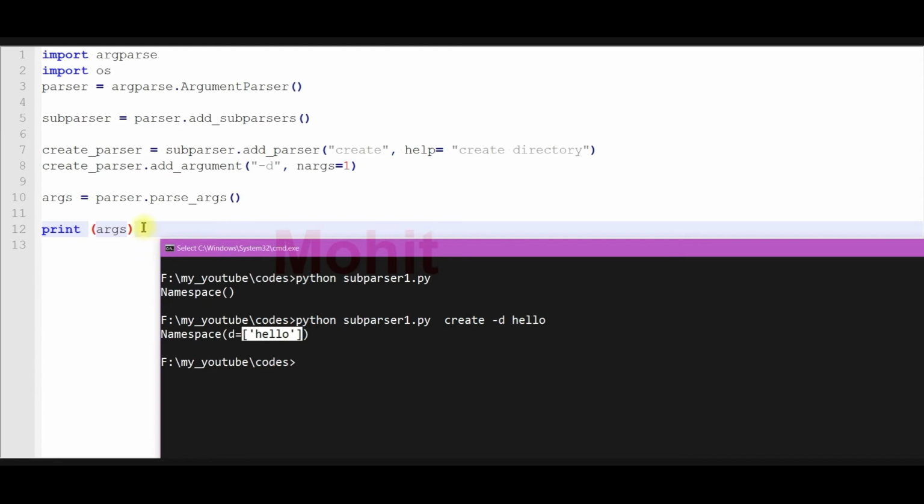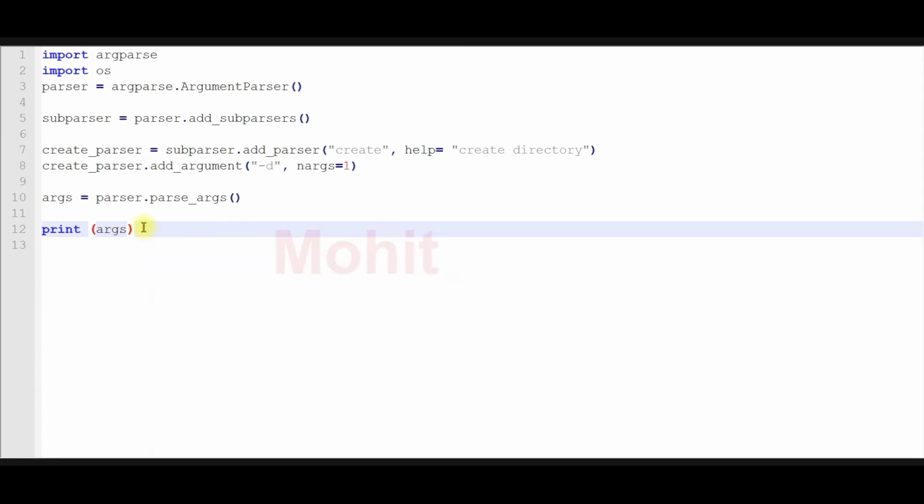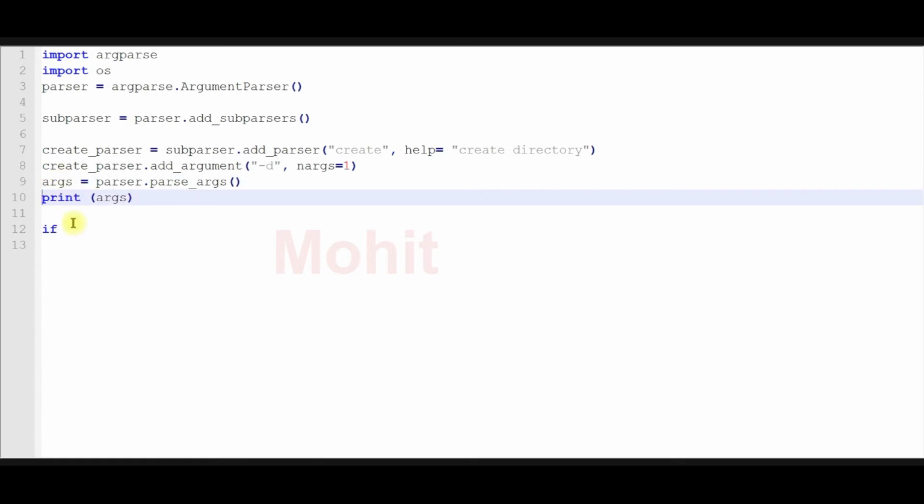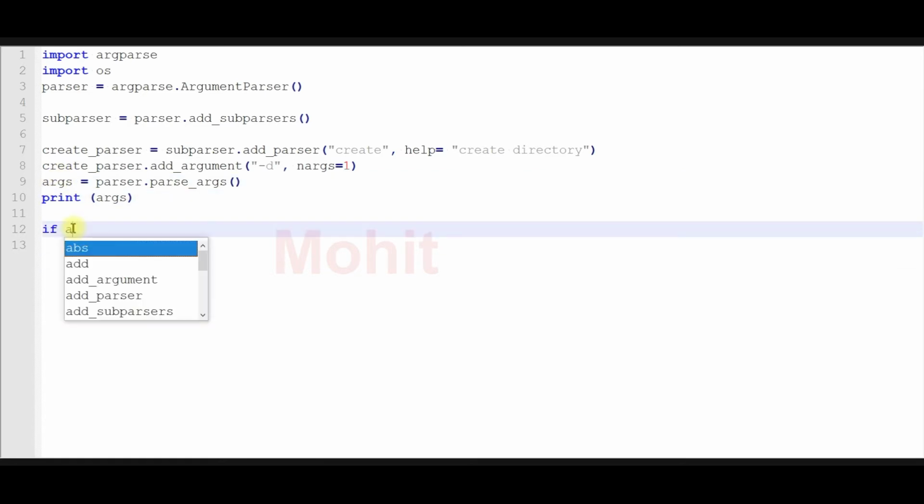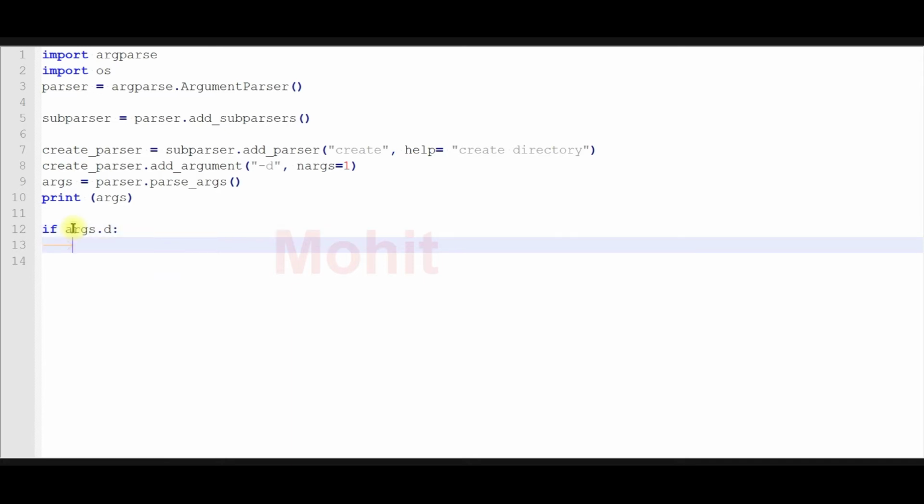Okay, so let's make the commands. Just removing the extra spaces and lines, if args command, args d equal to something.